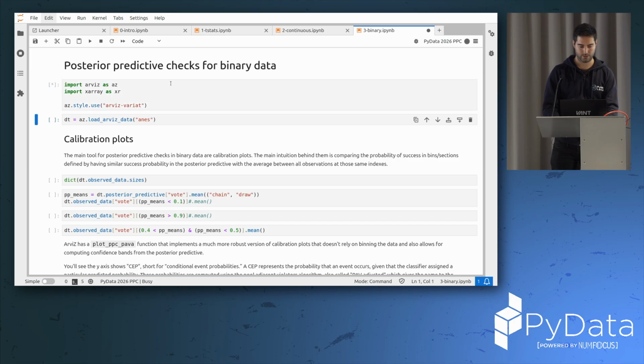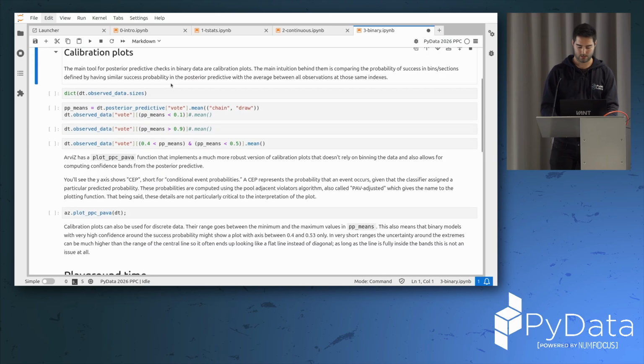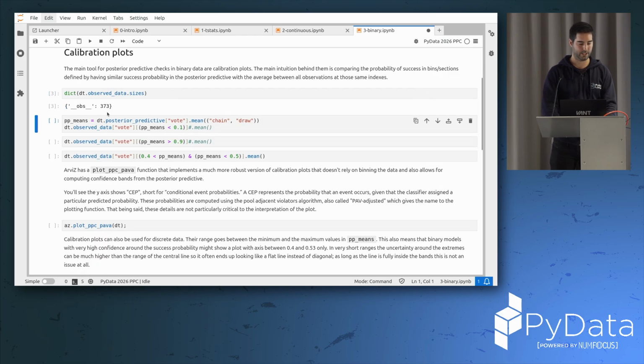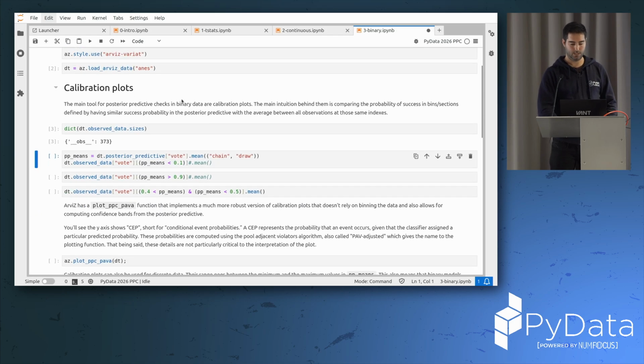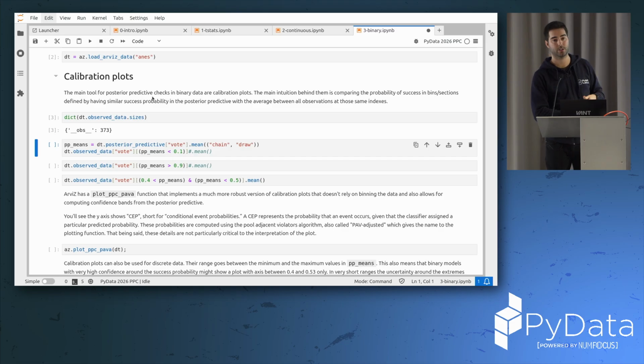And if we start with binary data, here we have 374 observations. For binary data, the main thing we'll focus on are calibration plots. The gist of the idea behind calibration plots is that for the group of observations where a model predicts low probability of success, we want to have overall low probability of success in fact. So for instance, we can take the means of our posterior predictive,